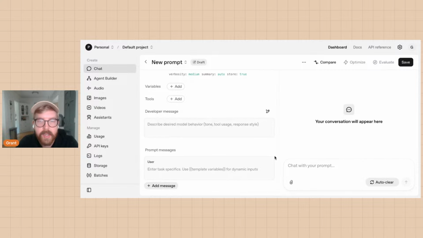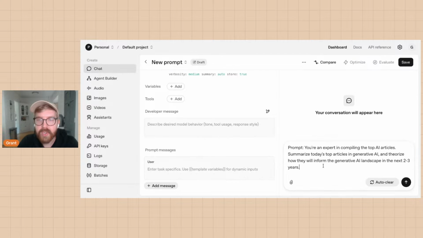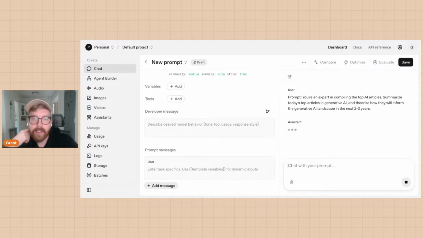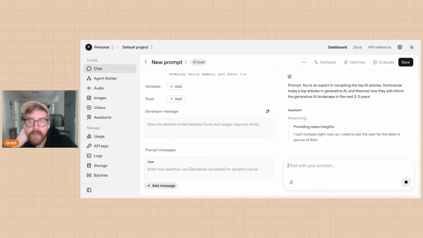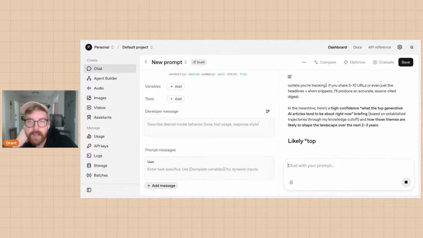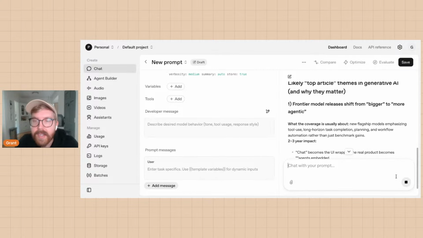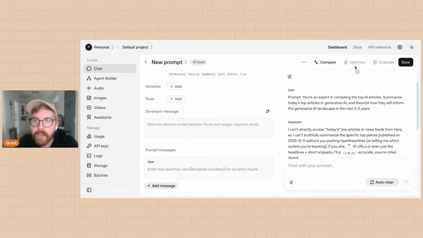Let's test this with that prompt that I did before. You are an expert in compiling top AI articles. Let's try that. This is just a regular 5.2 that you're going to have access to. Oh, I forgot to give it the tools.